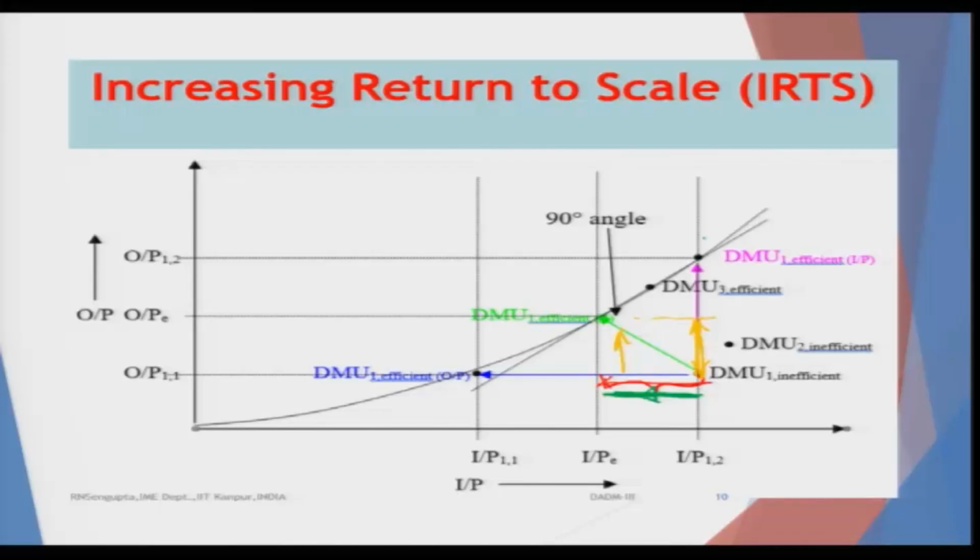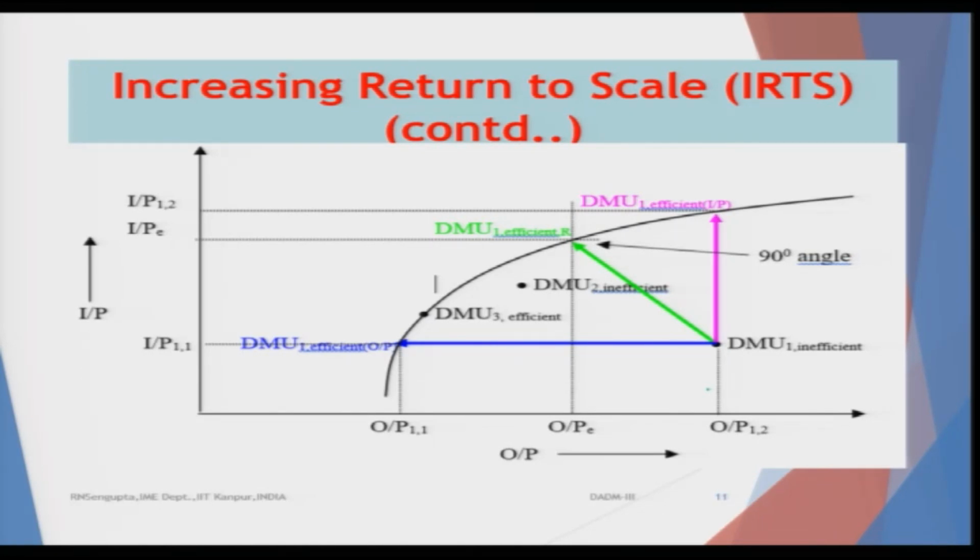So, again I am repeating, vertical movement up is input same, output increasing; horizontal left is input decreasing, output fixed; and radial movement in some tangential direction, such as tangent at the curve, would mean some proportional decrease in input and proportional increase in the output. The word proportion which I am using will come out very easily through a diagram or using very simple trigonometry. I am going to come to that.